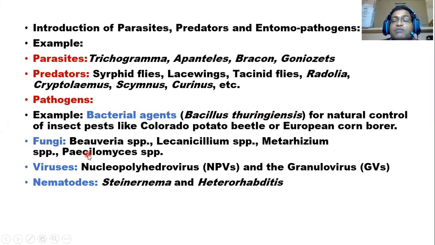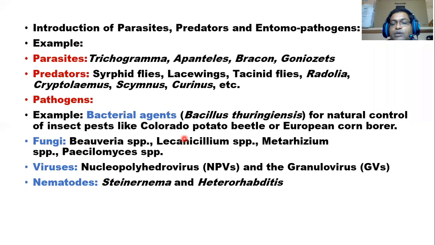Volbassia volva, not Volvarilla. This is from Australia, right? So Bt is being imported by some of the developed countries, like America. And fungi can also usually be used. Bt can also be used as an insecticide, the Bt genes. And you can also use Beauveria, Lecanicillium, Metarhizium, Basidiomyces. These are the fungi.